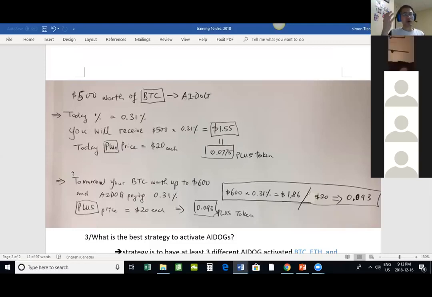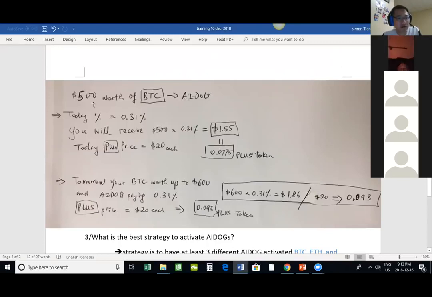If the Bitcoin price goes up, you will get paid more. Why? For example, today whatever Bitcoin you're holding is worth $500. Tomorrow, if the Bitcoin price goes up, the Bitcoin you're holding is worth $600. How much do you get paid? Instead of getting paid 0.0775, you will get paid 0.093, because now you are holding $600 worth of Bitcoin instead of